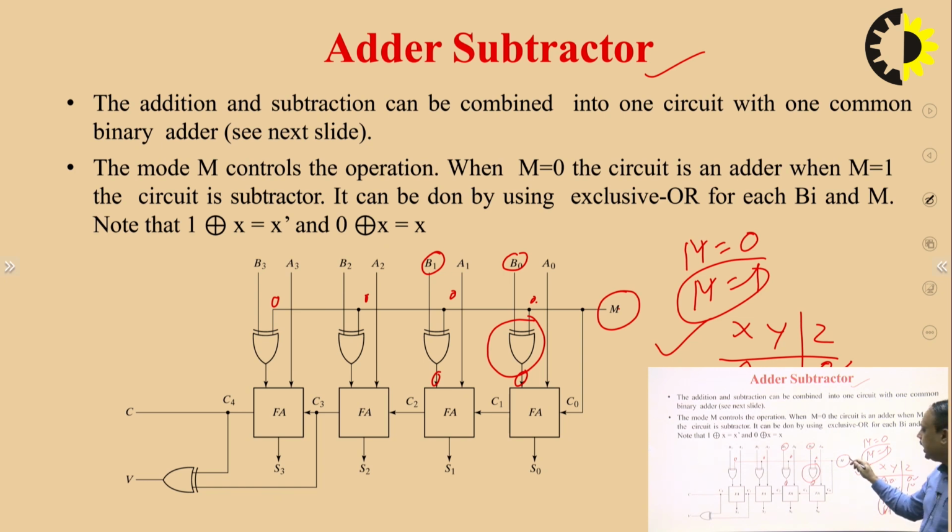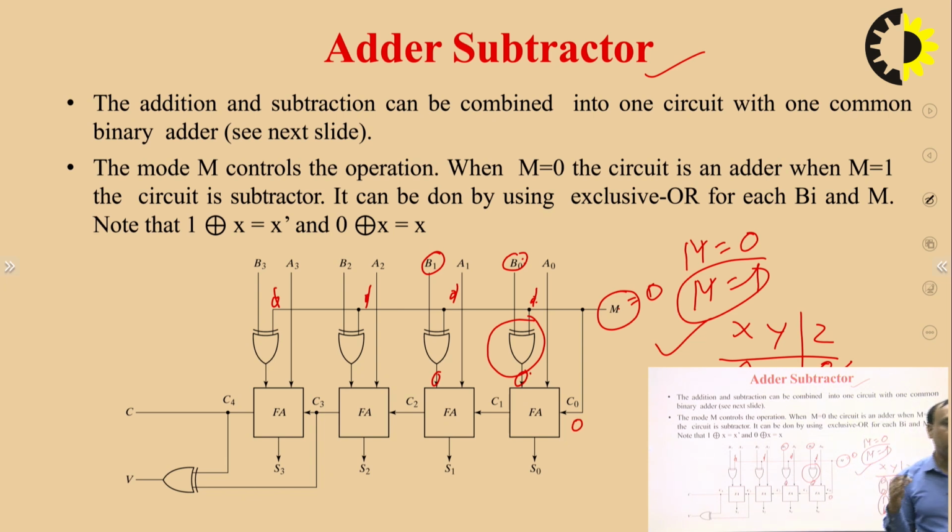So as we select M equal to 1, this bit becomes 1. So whatever the input, that is complemented at the output. So it generates the first complement of the number. If we select 0, the same number is over here and this carry in is again 0, it performs